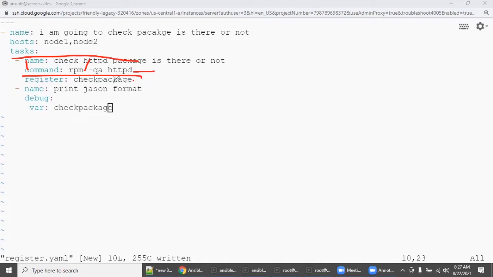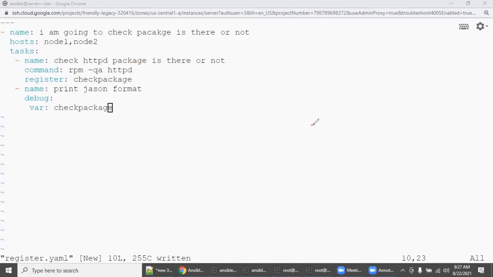So I want to create a condition, but I'm not a programmer, right? So I want to see how it looks. So print this variable in JSON format. So this is the first thing: whenever you do a register, the next immediate task is to print the register.